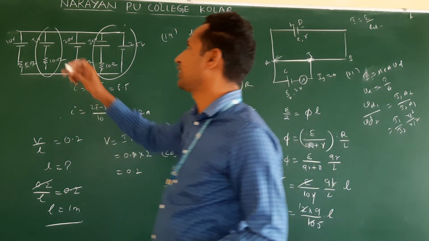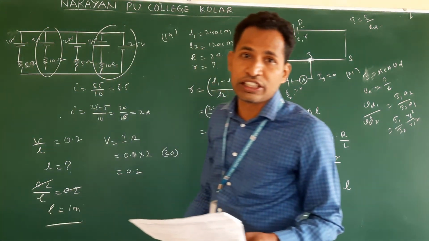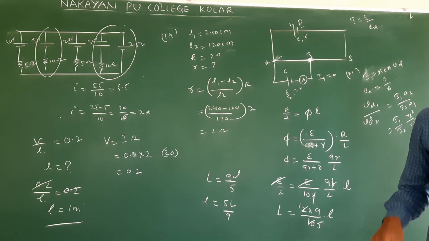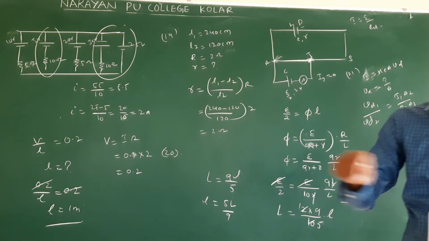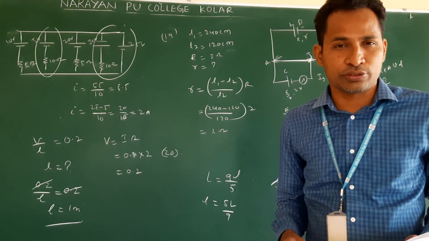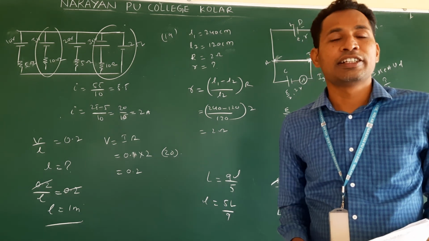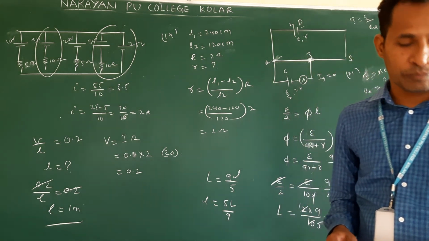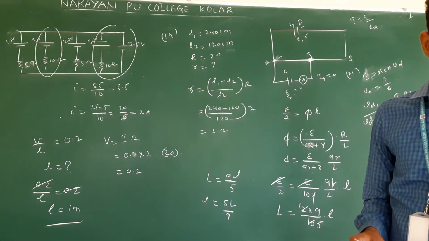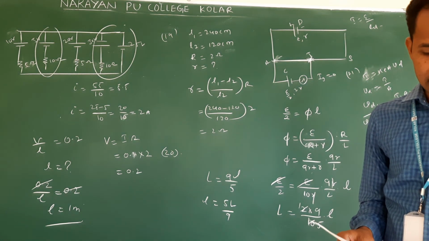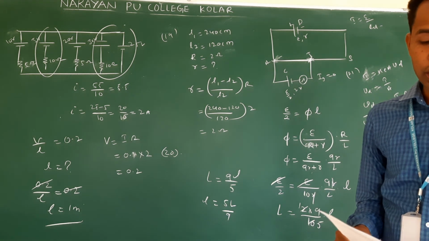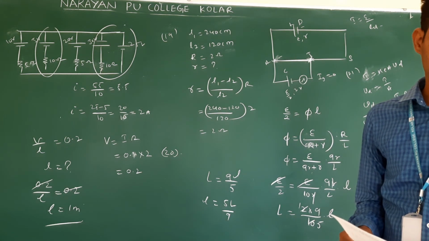24 is when heaters are connected in series. Time equation: T is equal to T1 plus T2. Very simple, they ask the formula. When heaters are connected in series, the time is T1 plus T2. When heaters are connected in parallel, it is T1 T2 by T1 plus T2. But here they are connected in series. 25 is also a direct question. 26 already explained. 27 also explained. 28 explained.